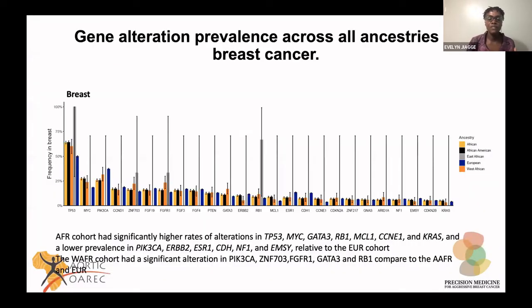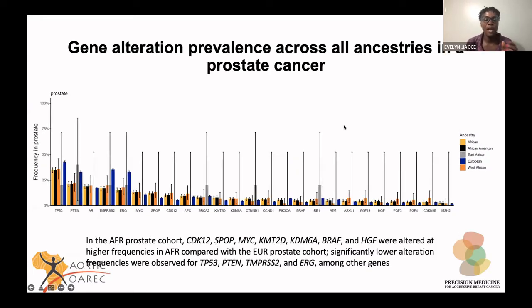And again, for the sake of time, I'll not be able to go through the findings, but it's very interesting to see that across all cancer types, each one, this is for breast cancer, we realize that the genes that are expressed in the Africans, that is in the yellow, are very different from the ones that are expressed in African American, East Asian, Europeans, or West Africans. And so again, buttressing not just in breast cancer, this is for breast cancer, and again, this is for prostate